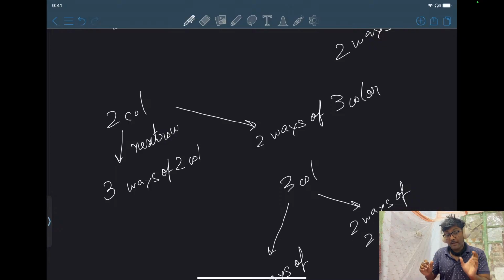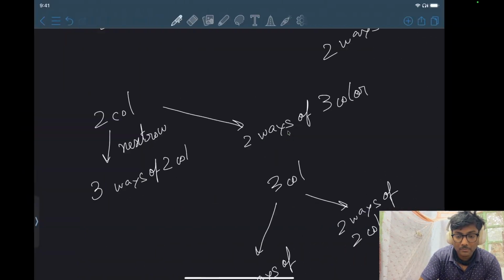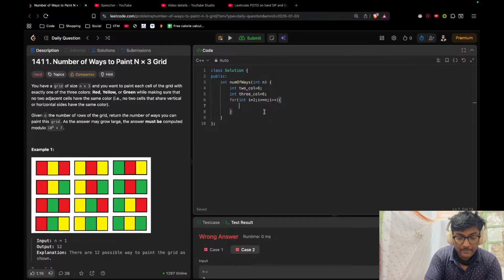So the next row, if I want a 3 color, I can either get it from 2 colors. So every 2 color gives me 3 ways of 2 color. So 3 into the number of 2 colors in the previous row plus, so let's do this, 3 into number of... so next, I'm trying to calculate, let's say, next 2 color. So next 2 color will be,